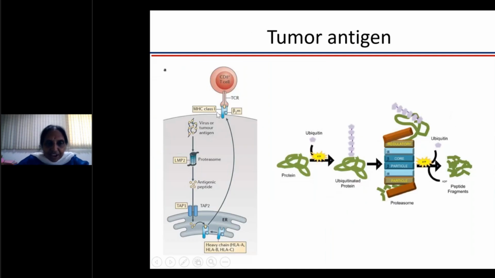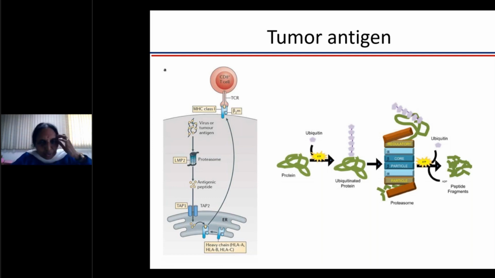So the same thing can happen in viruses. As I showed you, viruses generally synthesize their protein inside the host cell itself, and the proteasome degrades it. So you might think, why not our own self proteins, since the cytosol is full of proteins? Why don't all the proteins get degraded? There is a tag which needs to be put on the protein, and only then can the protein enter the proteasome. This is to make sure we don't kill our own self protein. We don't chop up our own self protein. If you think about how it has all been designed, it is very nice.